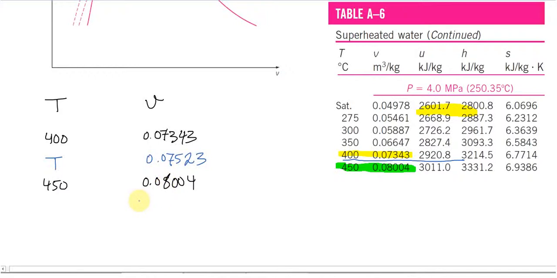Now you can use the calculator if you know how to use your calculator in order to interpolate. You can write the equations, or you can use any software, any website that performs this analysis. I just teach how to do it with hand calculation for once. From now on, I may use the website or a calculator, but here I need to say that 450 minus 400, the difference between the two known temperatures, divided by T minus 400, equals